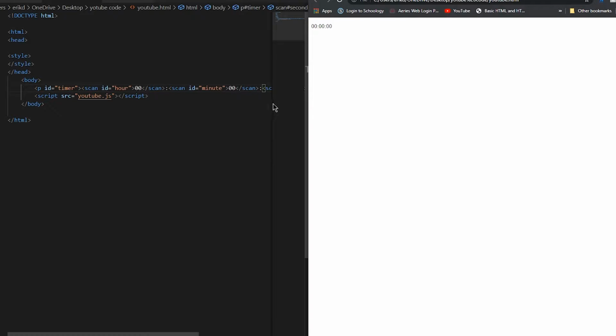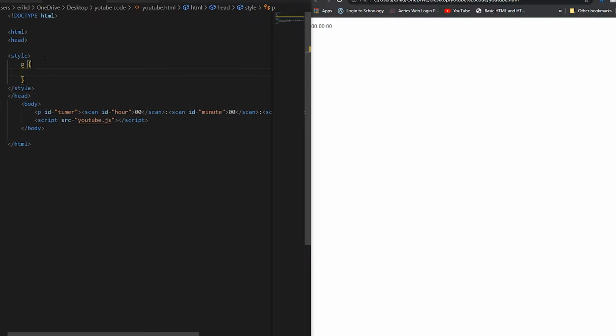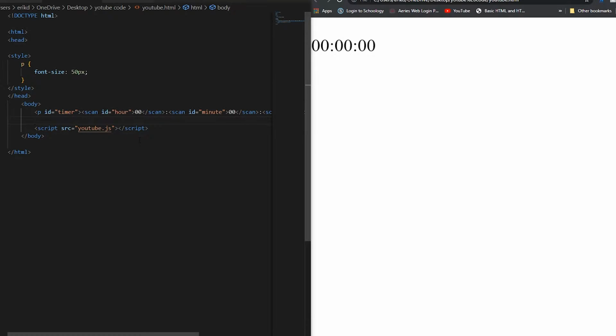I'm going to make it a little bit bigger too. So in the style, I'll do font size 50 pixels. See how that looks. There we go, that's better. Now what I want to do is add 3 buttons. The buttons would have a start, pause, and a restart button. So I'll do start,